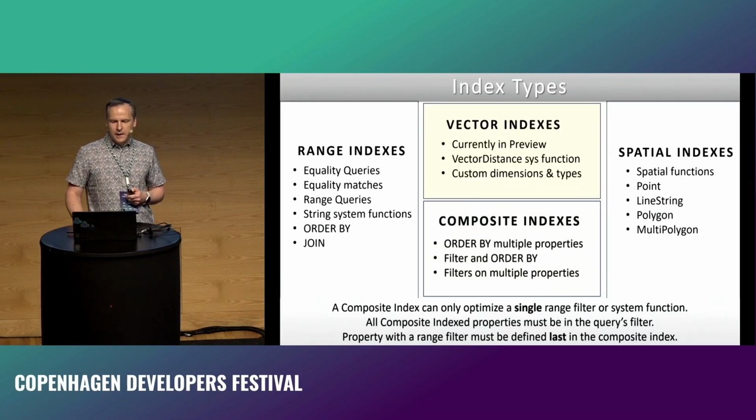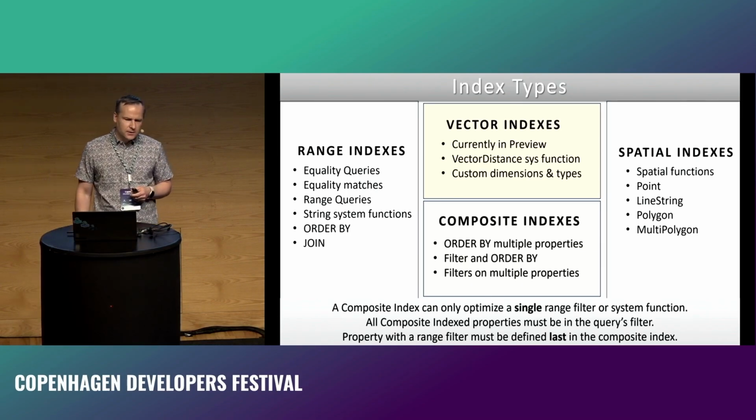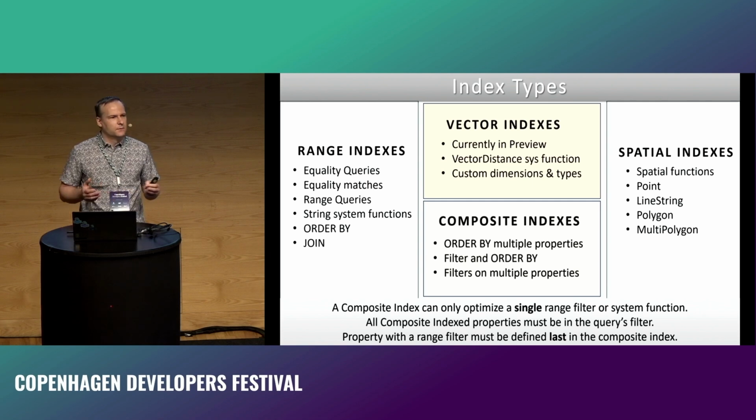So there are a couple of index types in Cosmos DB, and the first one is the range indexes. The range indexes really cover most of the filters: equal, not equal, range, any kind of order by, join. Everything is handled by the range indexes. We have the composite index,